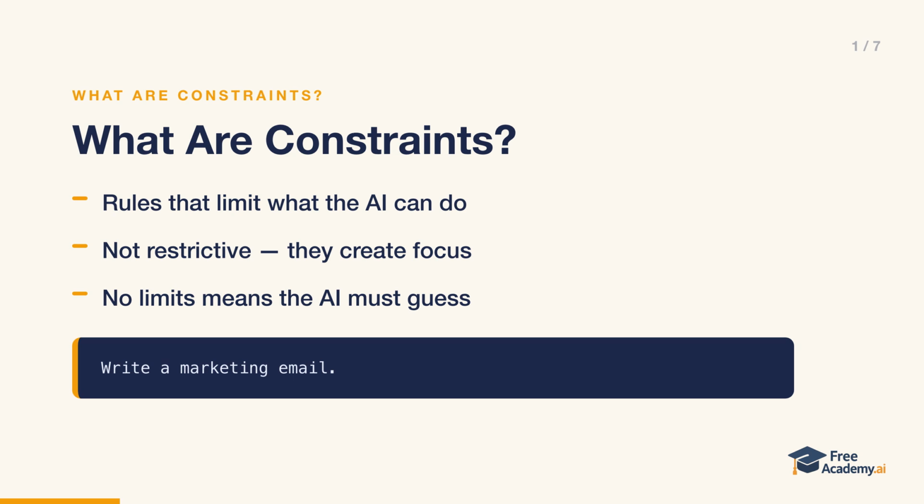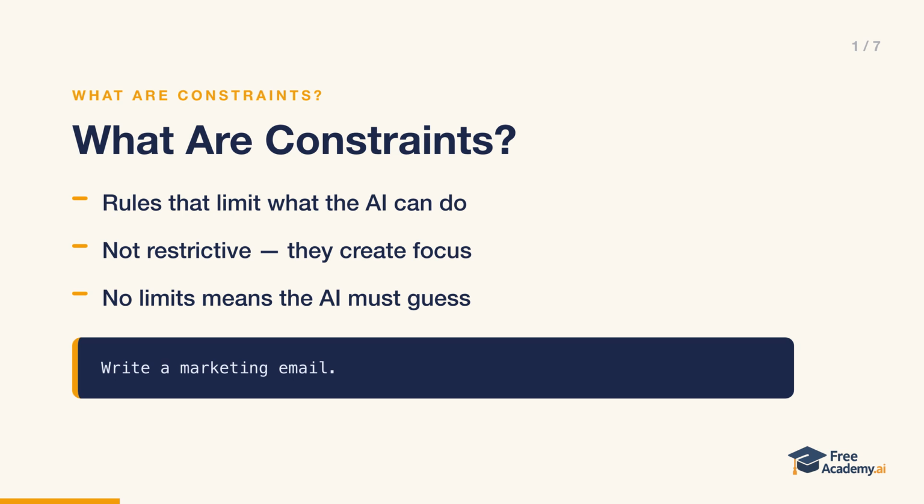How long should the email be? What's the subject? Who's the audience? What tone should it strike? And what's the goal? Without any limits, the AI has to guess all of that, and its guesses probably won't match what you had in mind. In this lesson, we'll see how adding a few well-chosen constraints turns a vague request into one that gets you